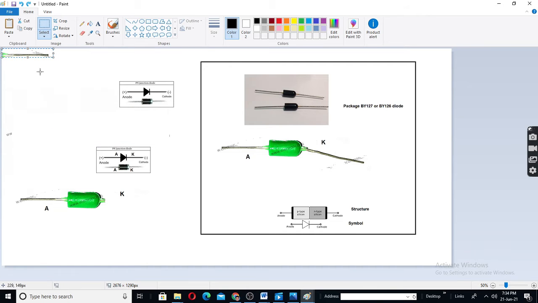Rotate horizontal. Okay, attach this here. So you can write here cathode.